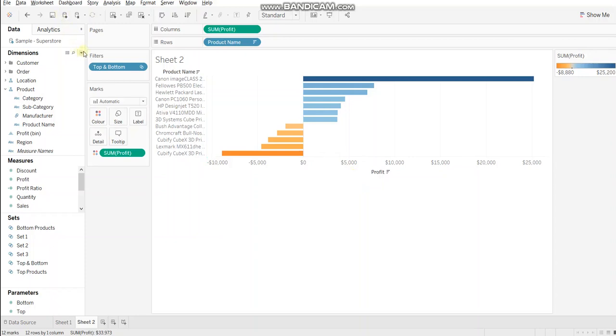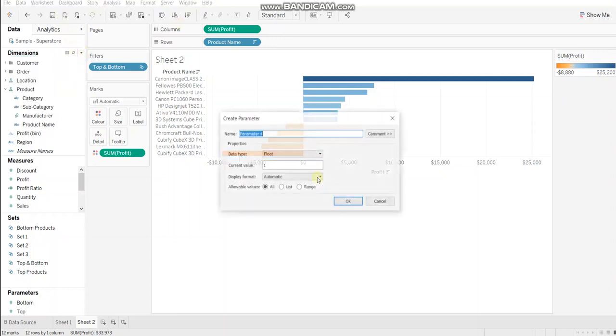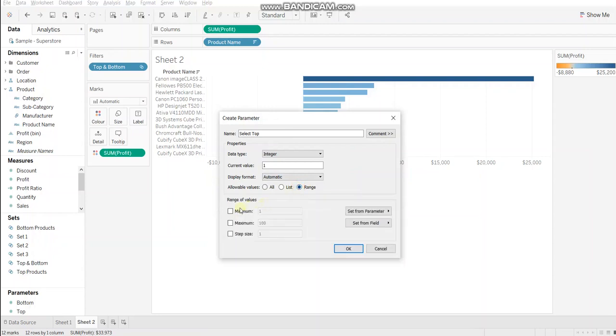So let's go ahead and create a parameter. Select top, okay, and change the data type to integer, and this time we'll be creating a range. So minimum should be 1 and maximum should be, let's say, 20. So you'll get a slider ranging from 1 to 20.